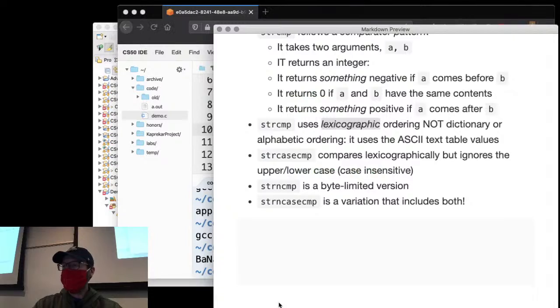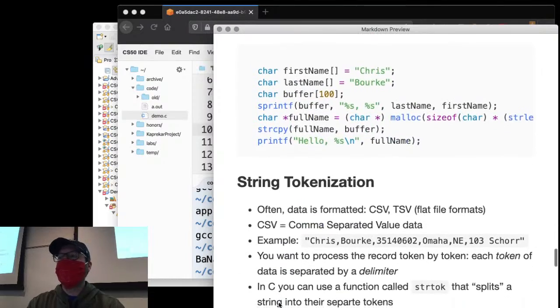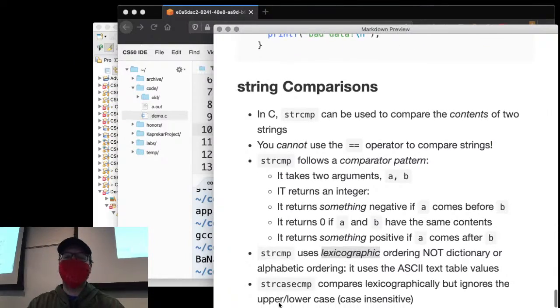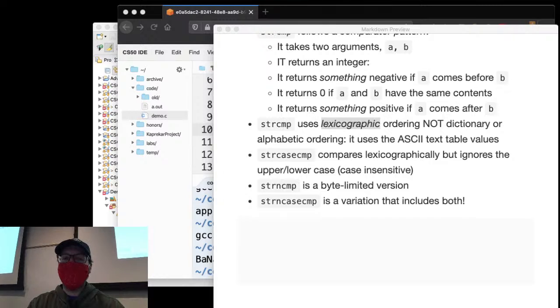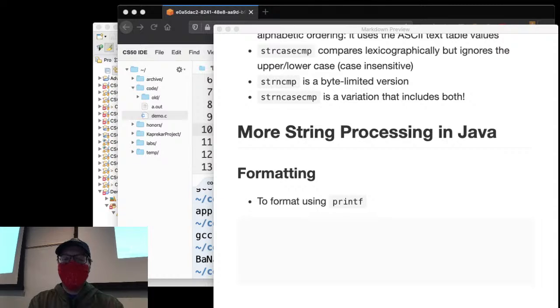Right? All right, so we covered today formatting, string tokenization, and string comparisons. How do we do all this again in Java? And as you can imagine, it's going to be way easier. Why? Because of the way that Java treats strings. So formatting, to format using printf style printing, you can use